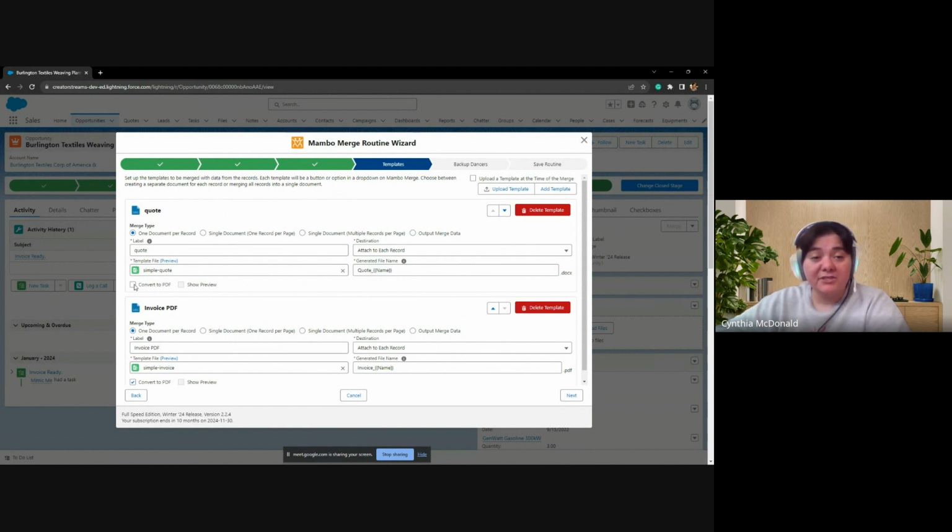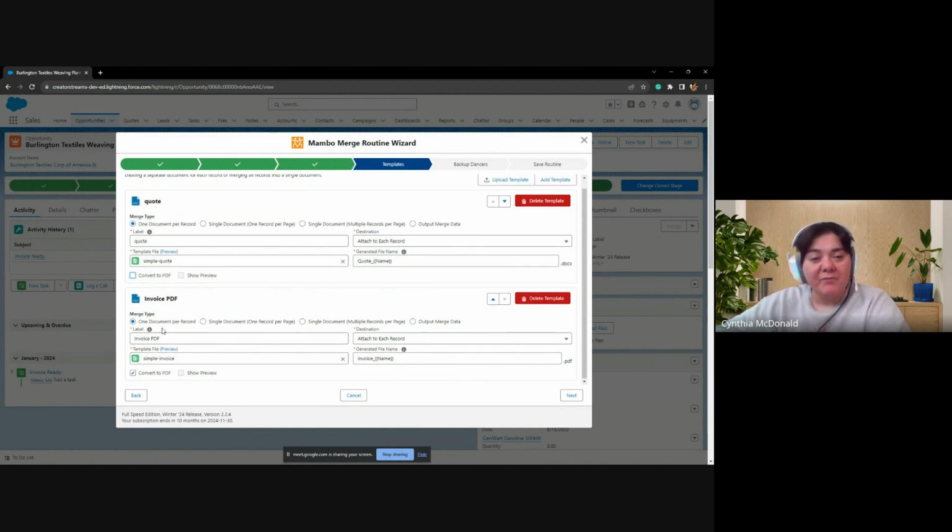I can also end up changing this to convert to PDF. And then from there, we won't turn it to a PDF. We'll keep it a doc for now, because as you can see, I have my invoice turning into a PDF. And we will keep all these details the same also. So going to the next,